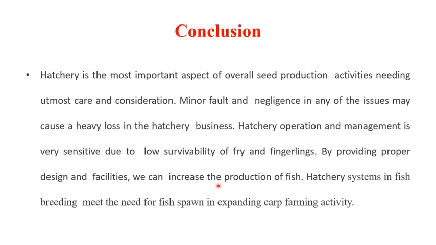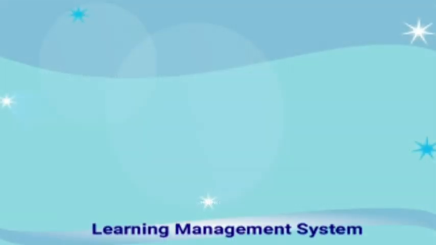Students, through this video lesson, we have learnt about what a hatchery is, about the history and the importance of hatcheries, and what are the necessary considerations to be taken while setting up a hatchery. And we have learnt different types of hatcheries like earthen pot hatchery, hatching hapas, floating hapas, FRP hatchery and Chinese circular hatchery in detail through this video.